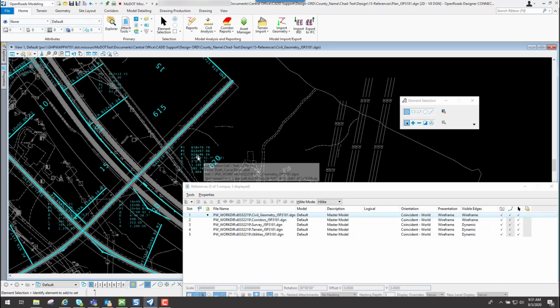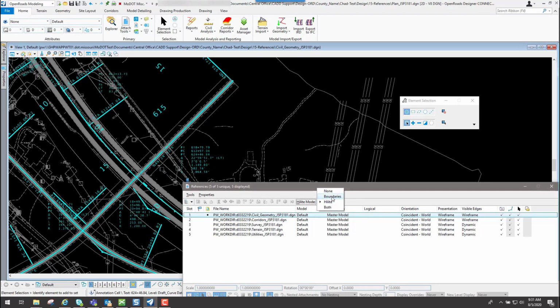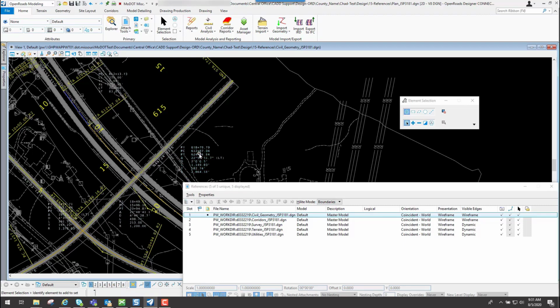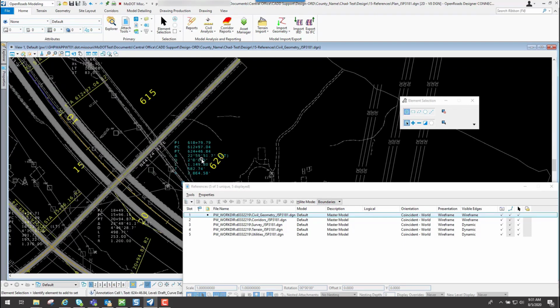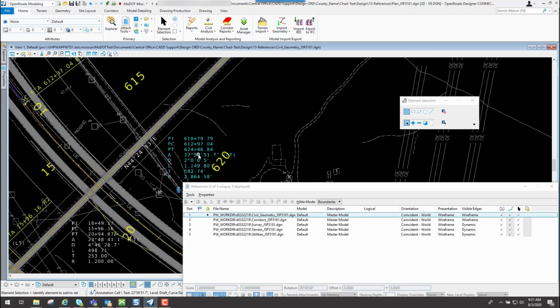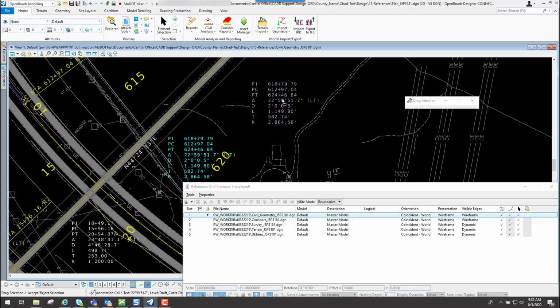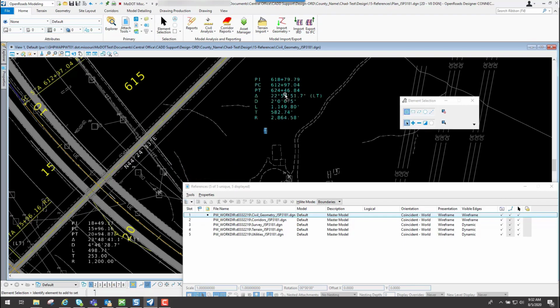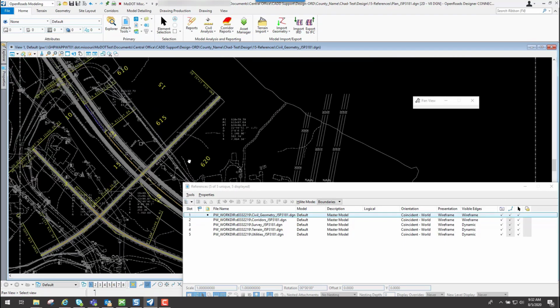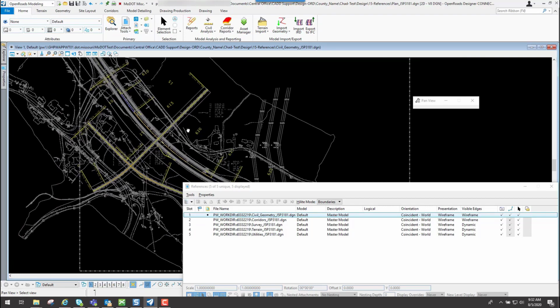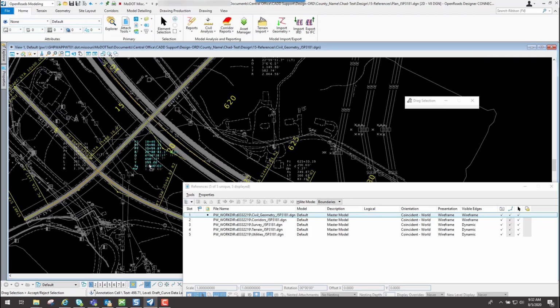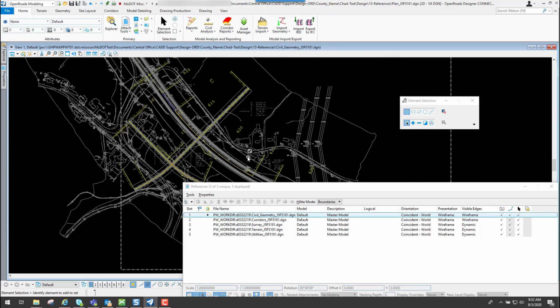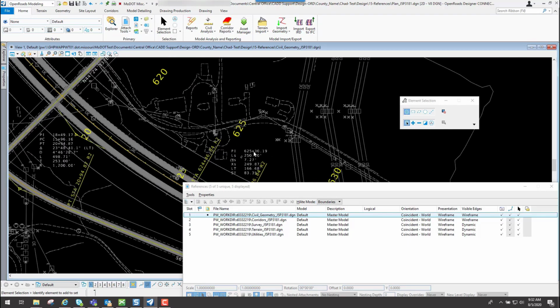So if I want to take this text right here and move it, let me go ahead and change my highlight mode back to boundary. Let's say I want to take this text right here and move it to some other location. I could simply use my element selection tool and I'll just dynamically move it. You'll see that it moved that particular text. If I needed to do it to some of this other text, I could do the same thing. So that's what the activate option would allow you to do.